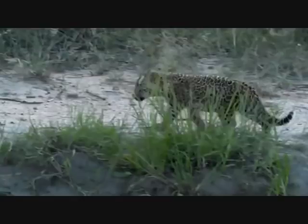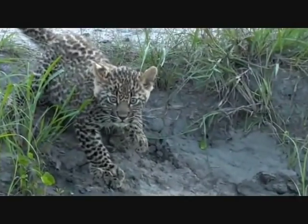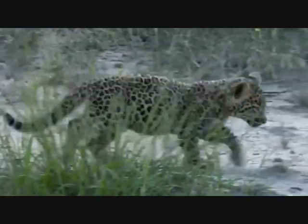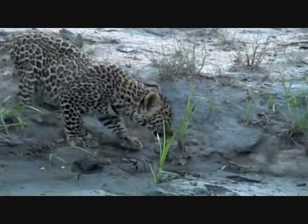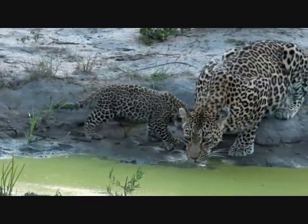I've seen a leopard cub jump in the water once before by mistake, and it was the shock of its life. Oh, look at that. Got wet feet. So now Thandi's come out into the open, where it's a lot cooler now, to come and drink. Obviously, if she was desperate for a drink earlier, she would have moved. But after finishing her impala head,